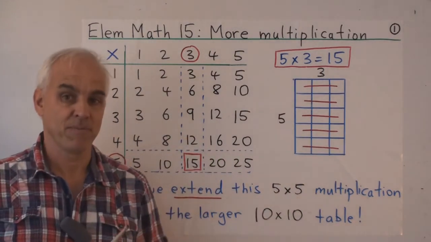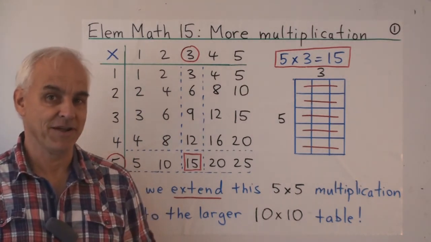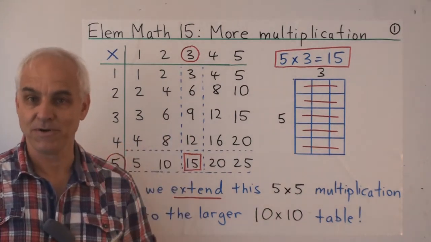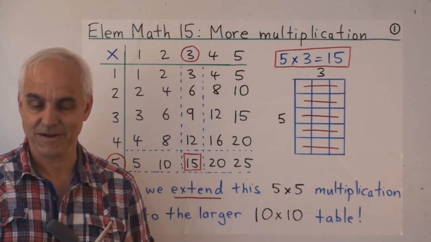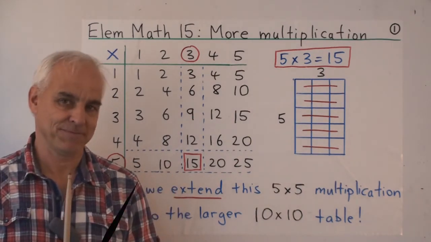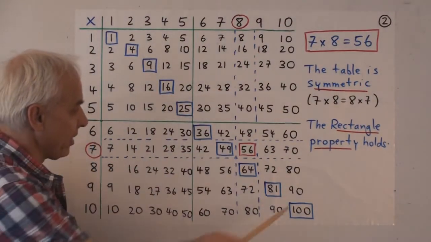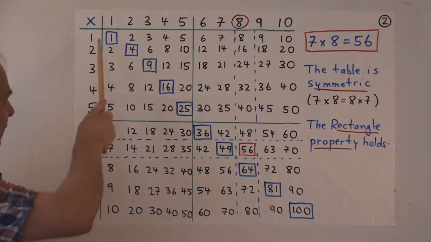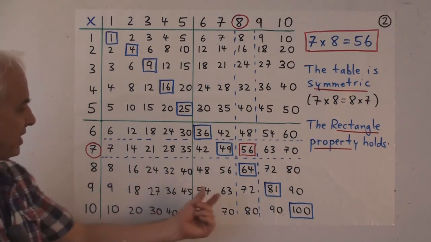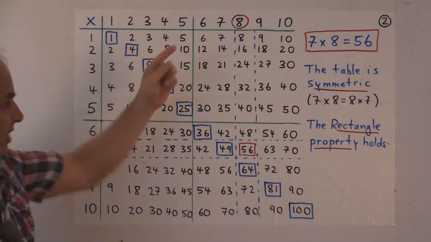And it's a very big step that takes a lot of effort and determination for a young person to master. But it's a very, very important stepping stone to mathematics. A very important tool that young people have to master. All right, so here is the table. Here's the whole table all at once. 1 to 10, 1 to 10. And the entries here tell us what all the possible products are between numbers in the range 1 to 10.